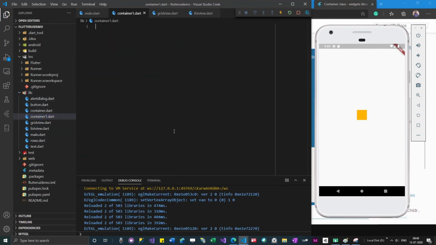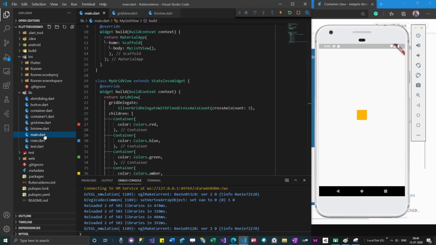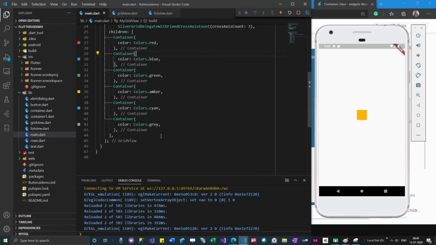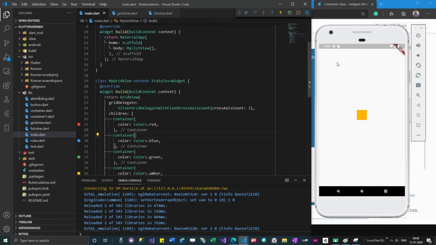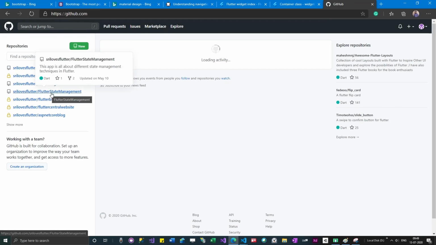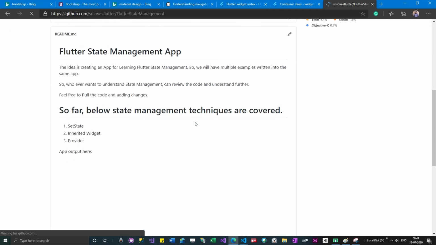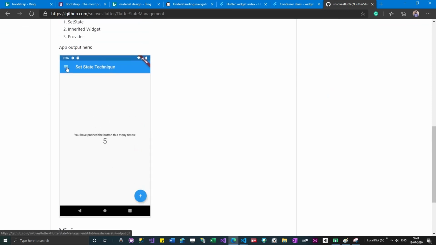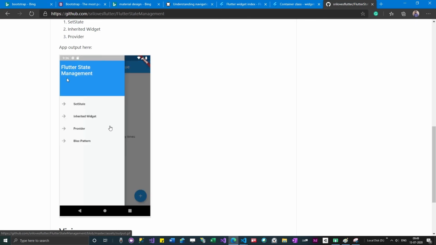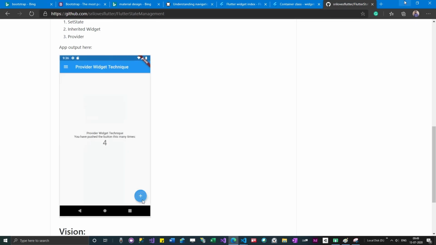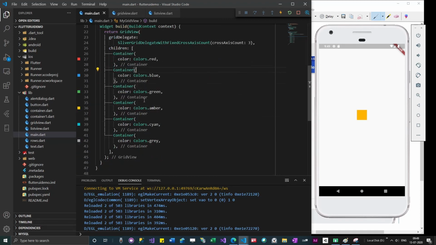So my target is, from this app, when it is run, we will get a menu bar where we'll have multiple options, something like this. With whatever basics we are going to learn, we are going to create something like this. There will be a menu bar like this, and we'll have options like container, buttons, list view, grid view, and for everything we'll have an option, so that you can verify all topics from a single app only.